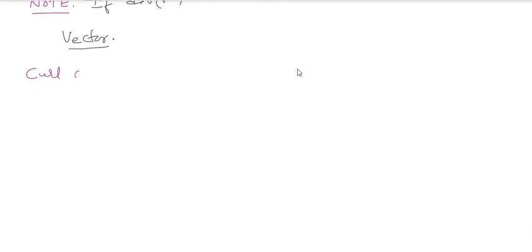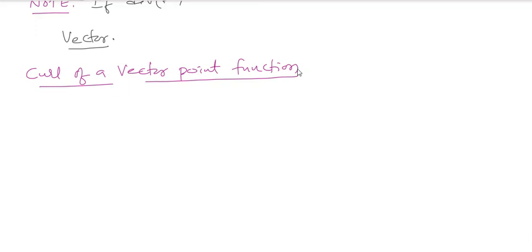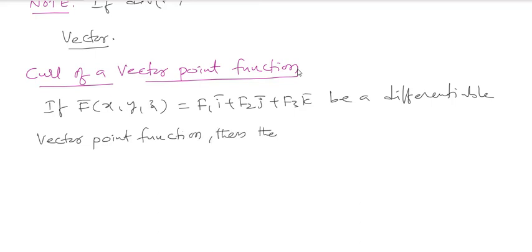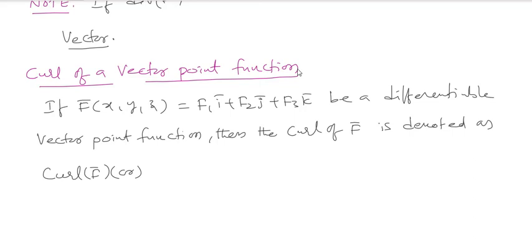Same definition: if f bar of x, y, z is equal to f1 i bar plus f2 j bar plus f3 k bar, a differentiable vector point function, then the curl of f bar is denoted as curl f bar or del cross f bar, and defined as